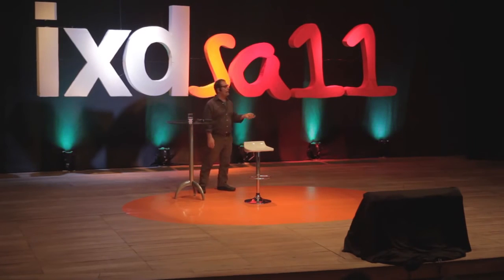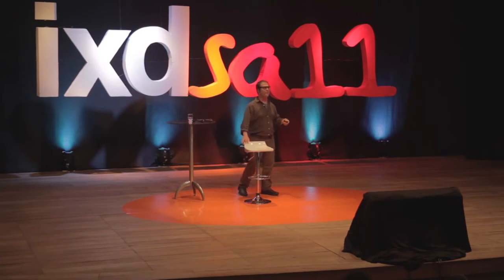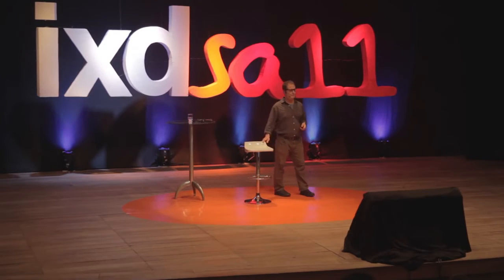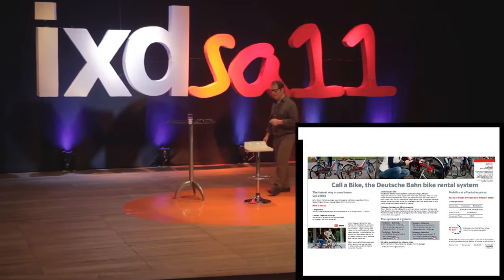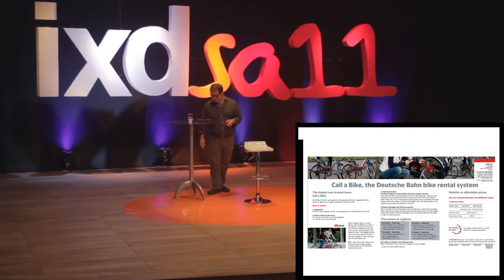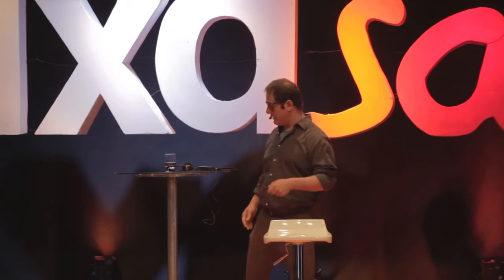So in Germany, they have a similar thing, and I know they have these in Paris, and they've started having these elsewhere too. They have this thing called the Call a Bike program. It's a bicycle rental program, and it's run by the rail service. So when you need a bike, you find a bike. These bikes are scattered throughout the city. They're generally on major street corners. They're just sitting there and they're locked up.